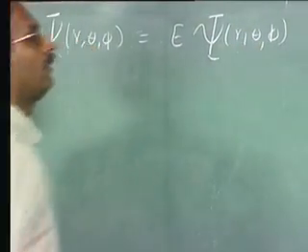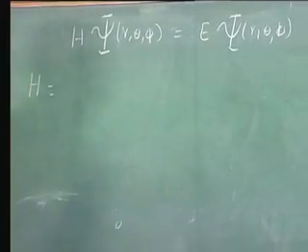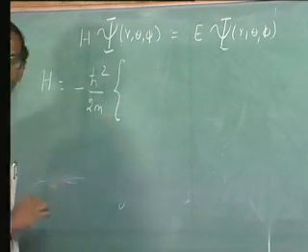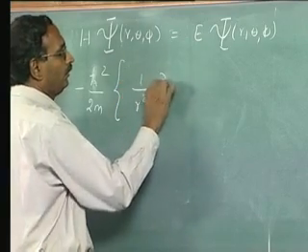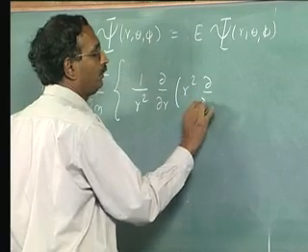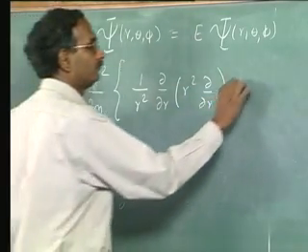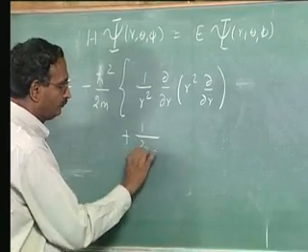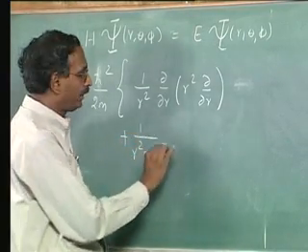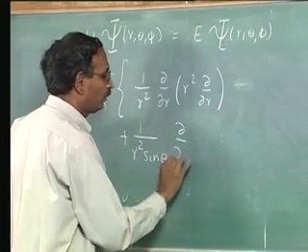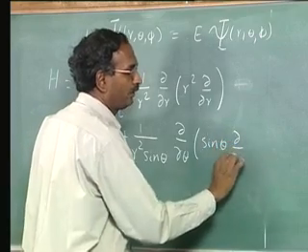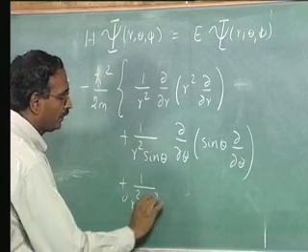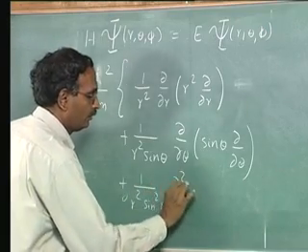The Hamiltonian operator is the expression given: minus h bar square by 2m, times, this is going to be fairly long, 1 by r square dou by dou r, r square dou by dou r, plus, we will write it below, 1 by r square sine theta dou by dou theta, sine theta dou by dou theta, plus the expression is 1 by r square sine square theta dou square by dou phi square